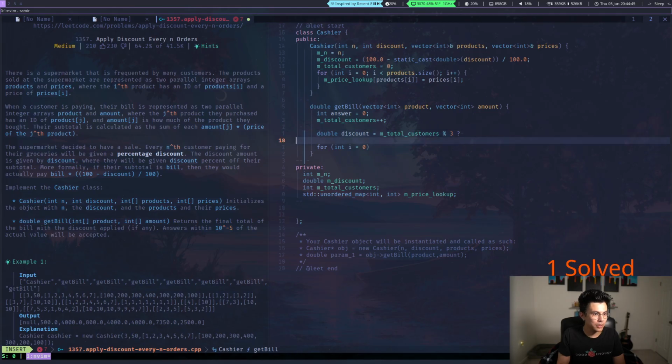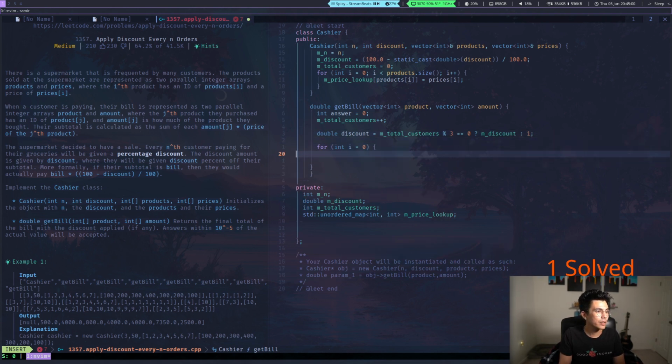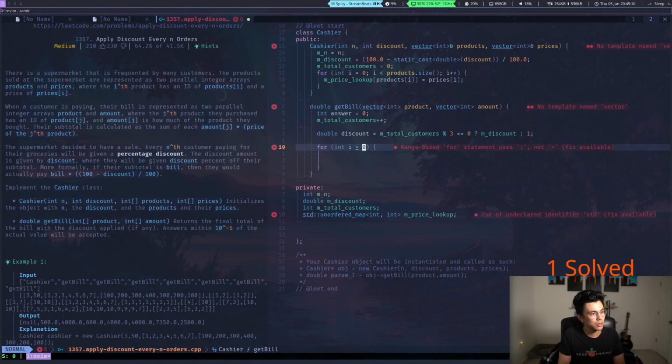Modulus 3, and if it's equal to 0, then we apply m discount. If not, we just apply 1. I guess, oop. I need to be better at